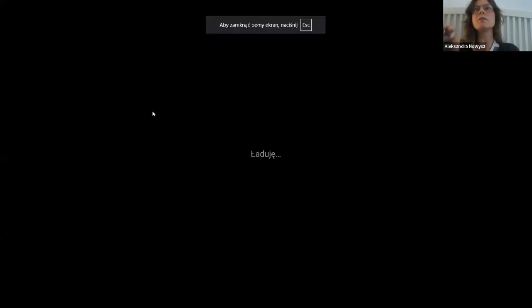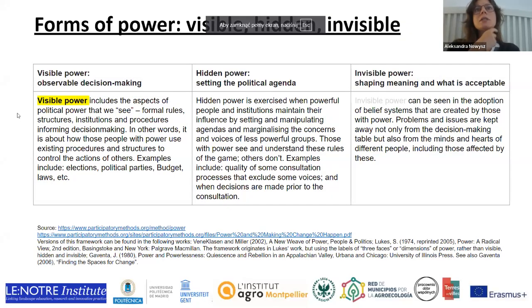And visible power includes the aspects of political power that we see: formal rules, structures, institutions, procedures informing decision-making. So examples of visible power are elections, political parties, badges, laws, etc. But we also have hidden power, and hidden power is exercised when powerful people and institutions maintain their influence by